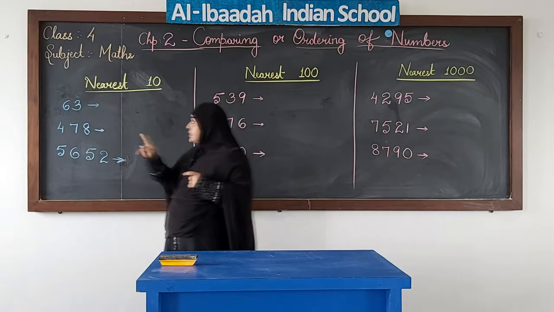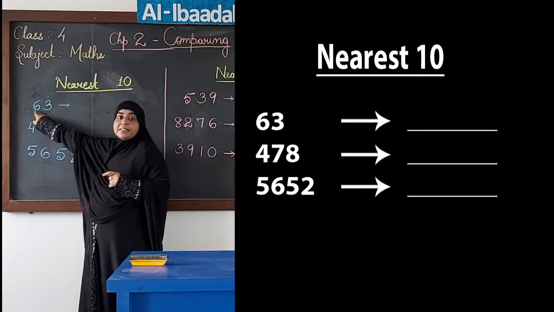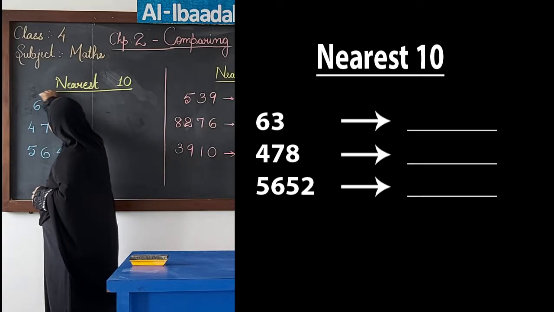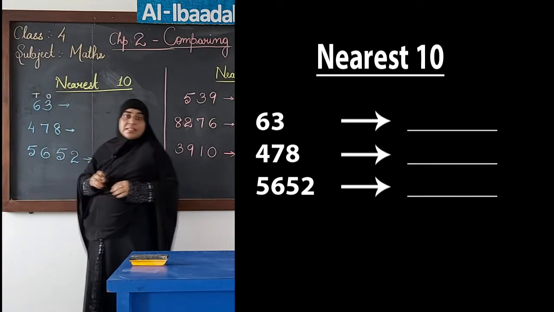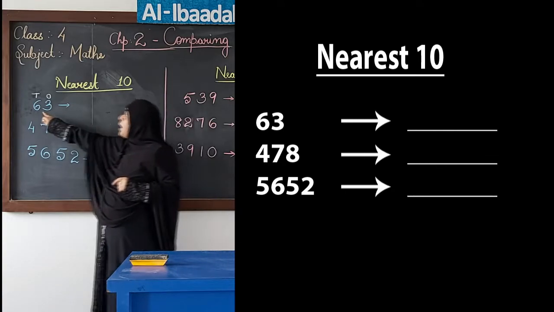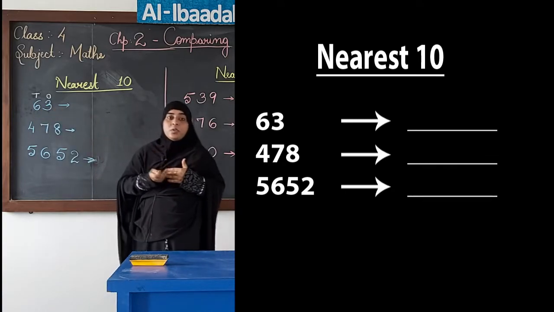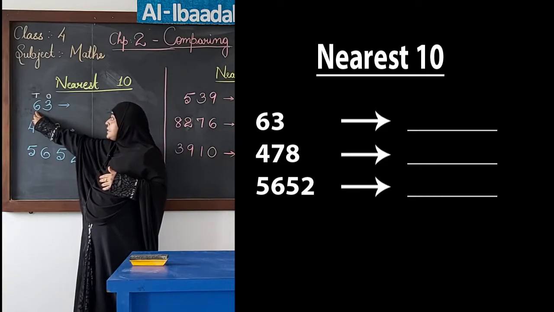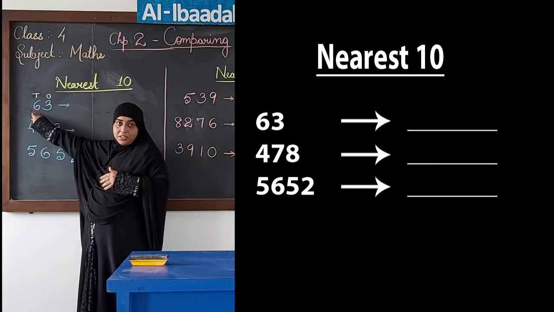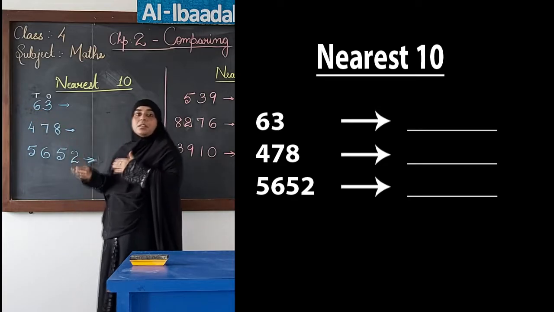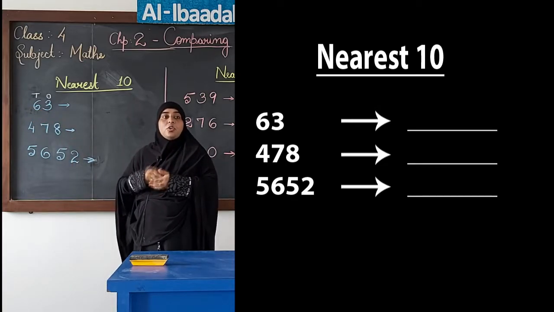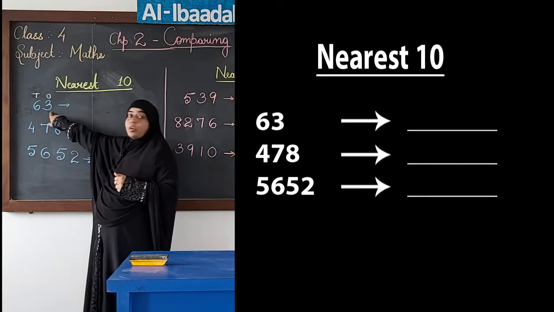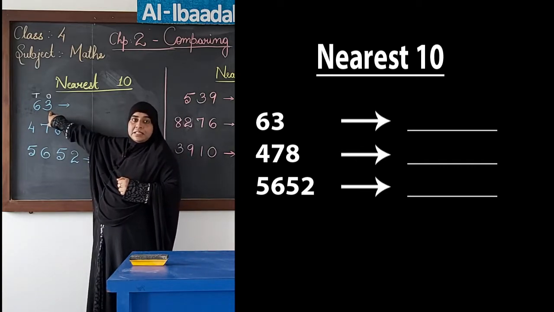Okay. Now when we say tens, we have to change this tens place. First I have a two digit number, that is ones and tens. Now how do we guess or round it to the nearest tens? The digit in the tens place will change. Either it will stay in the same tens or it will go to the next tens. That depends on our ones digit.